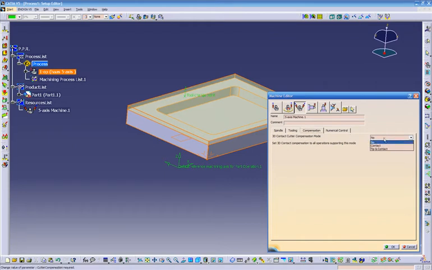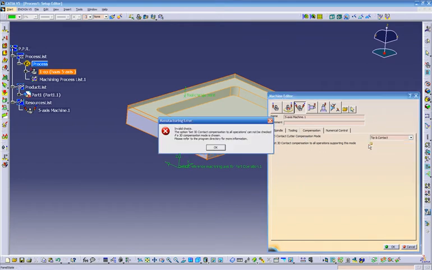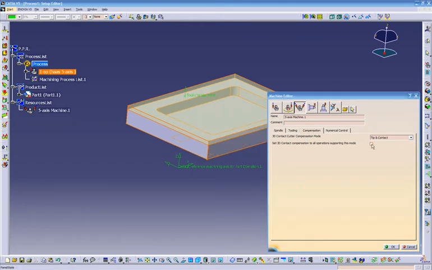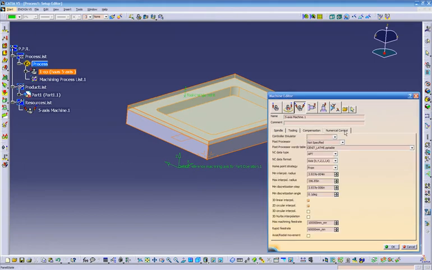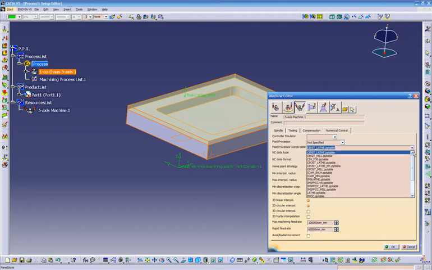Over here we use the Catia comp. So if you use the Catia comp, you turn it on over here. It's going to ask you, you have to turn this off first. So this is the Catia comp in here. And numerical control, I usually use,